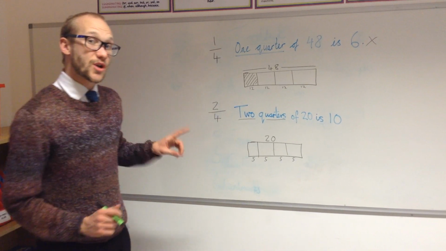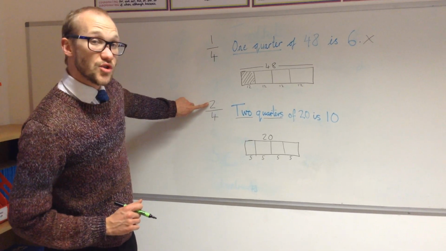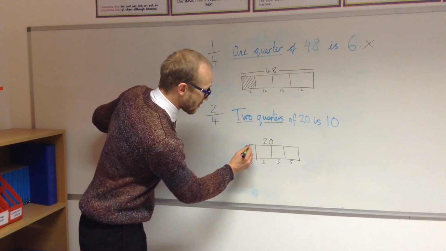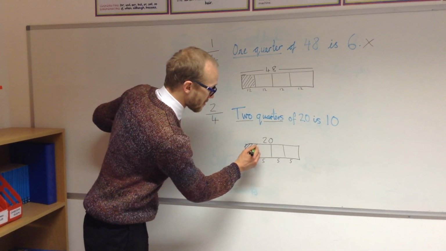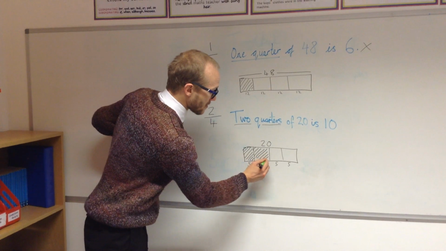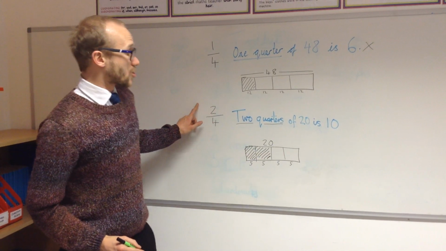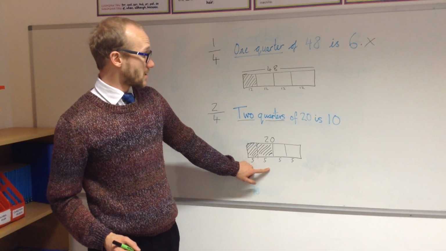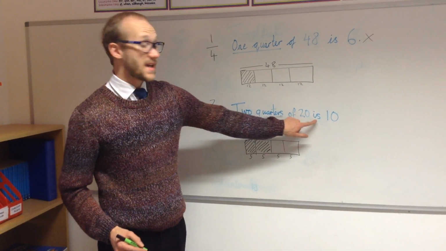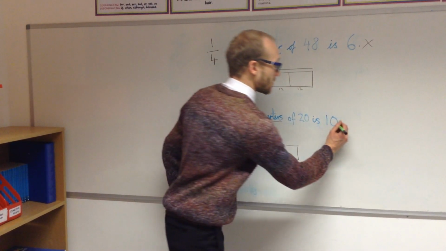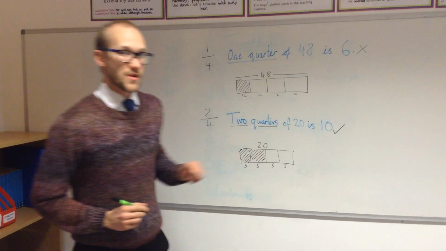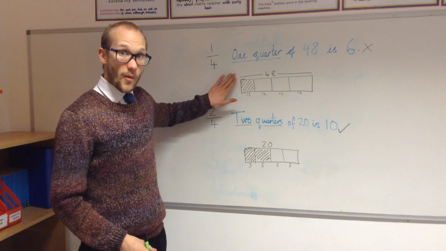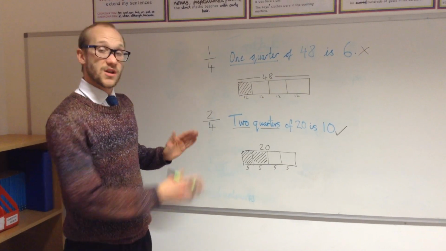And now I need to have a quick look at the numerator. And the numerator tells me that I've got 2 of these parts. So 2/4 of 20 is 10. This statement's correct. Now, your child might like to draw the bar model out each time so that they can